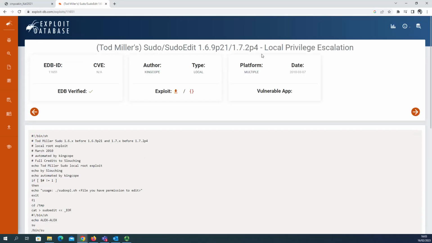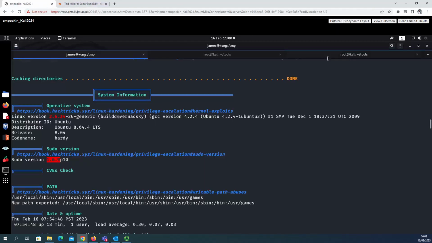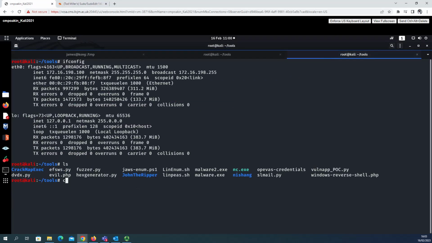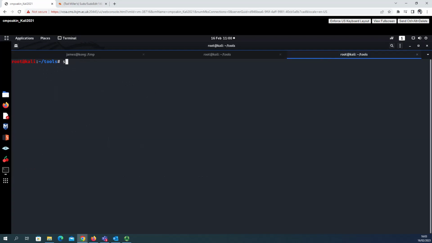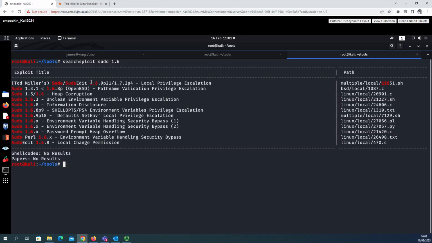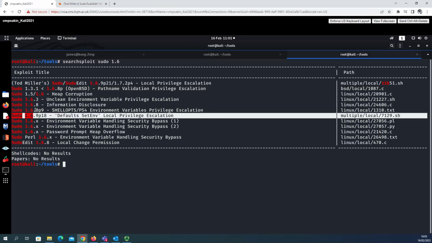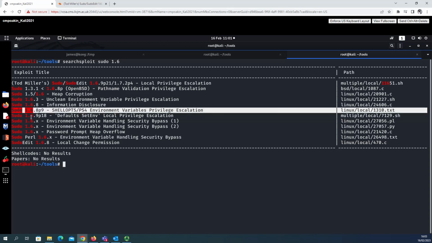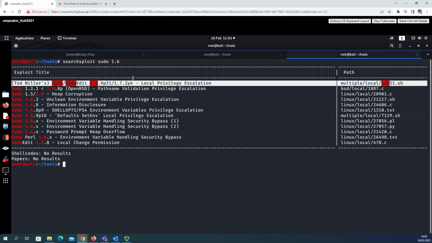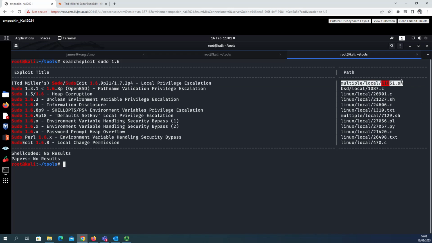Because we don't have internet access on our Kali machine, I mentioned that we could use searchsploit. So let's look for that exploit in searchsploit. Searchsploit, and we look for sudo 1.6. So this is the same exploit. There are other ones as well, sudoedit and sudo 1.9 for different sudo versions, but this appears to be the one that we are after. So we copy the path,